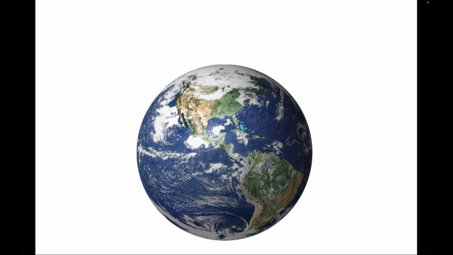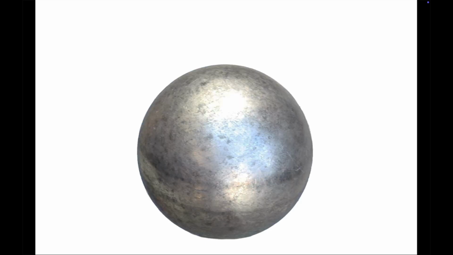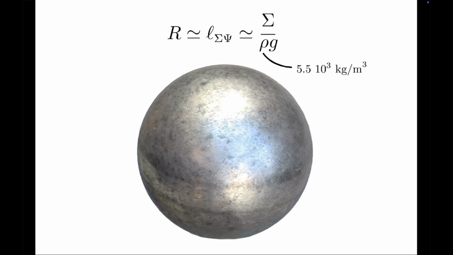Let's start with an idealized setting. An astronomical body like the Earth, but approximated as a ball made of a single material. This ball is held together by gravity in such a way that its size is given by the hydrostatic equilibrium, based on its modulus sigma and the weight density connected to its density ρ and surface gravity g. Since we don't really need too much precision, we set g around 10 meters per second squared, and the average density of the Earth is around 5.5 tons per cubic meter. The radius of the Earth is about 6,400 kilometers.